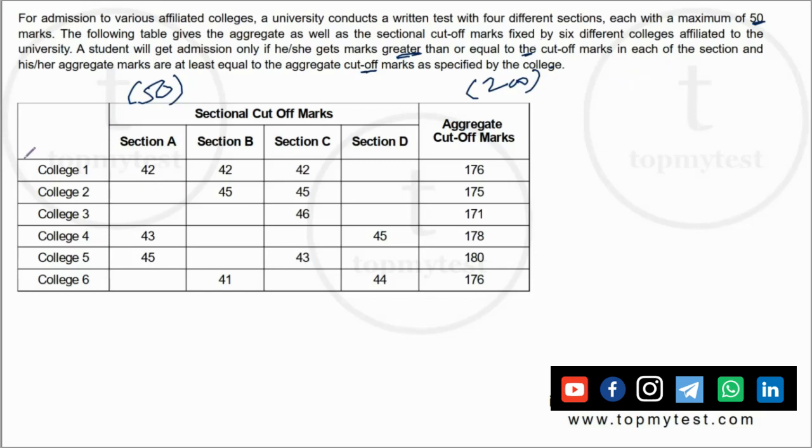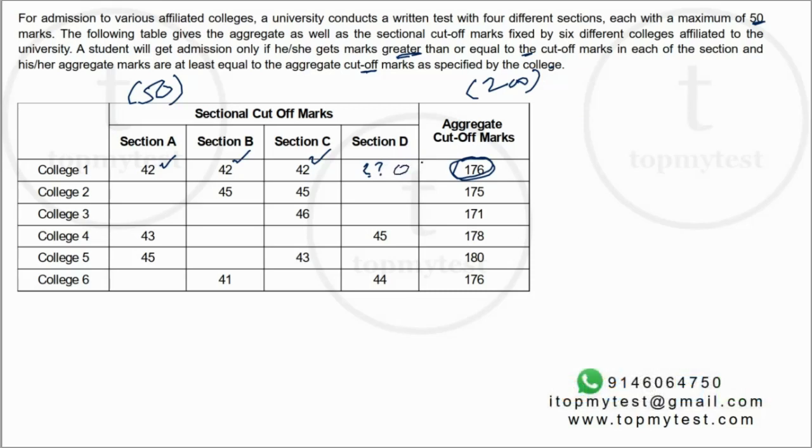So for example, if you need to get into college 1, you have to score at least 42 in section A, 42 in section B, 42 in section C. There is no information about the cutoff here, and you need to score an overall of 176 to get to the college. Now, there are 2 things which a lot of people make errors over here. First of all, there is this missing information. A lot of people think that the cutoff is missing, right? Basically, you'll have to consider the cutoff as 0 or there is no sectional cutoff over there. So irrespective of whether you score a 0 or you score a 50, that is not going to affect your admission to this particular college.